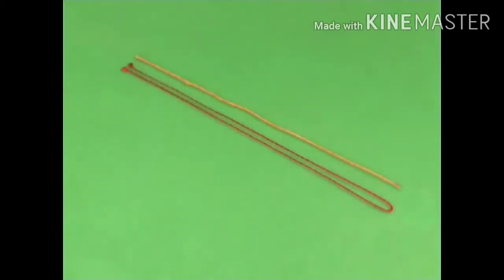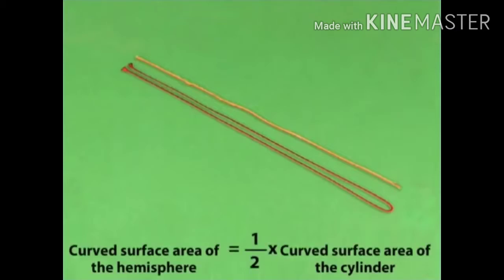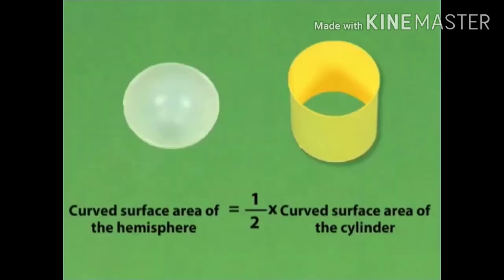Compare the lengths of the two threads. We can see that the length of the red thread is 2 times the length of the orange thread. This shows that the curved surface area of the hemisphere is half the curved surface area of the cylinder. If the radius of the hemisphere is r, then the radius and height of the cylinder are r and 2r